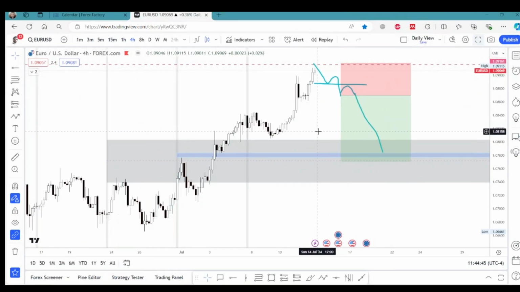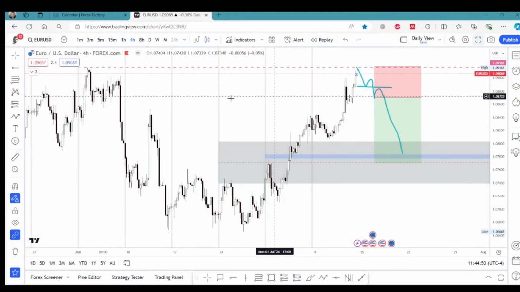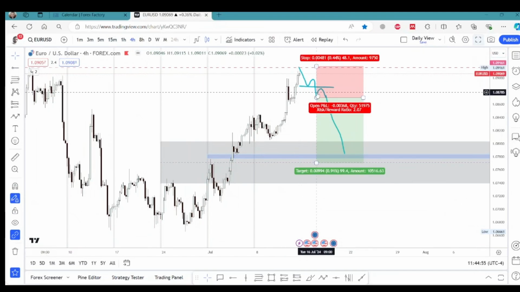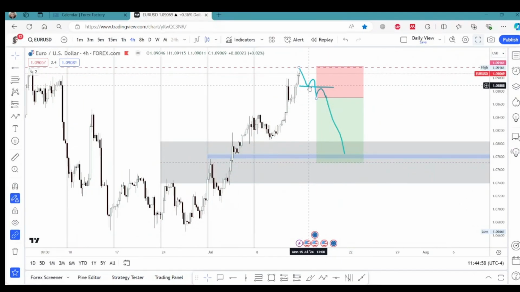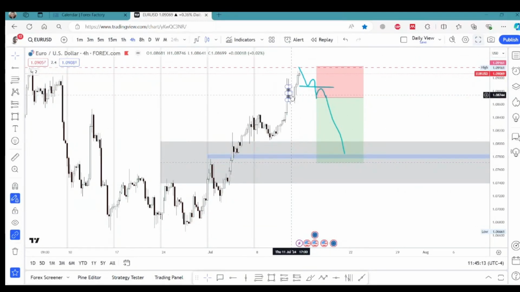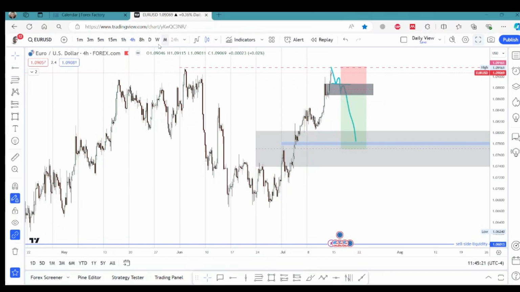So predominantly, I'm just trying to look for a short once this liquidity is taken and I see some bearish signs, a bearish shift of structure, total disrespect of this order block, and then probably I would look for some sort of bearish trade, but not before that. So, but if the contrary happens, by contrary I mean if the price, let me go to the daily back, just a minute.